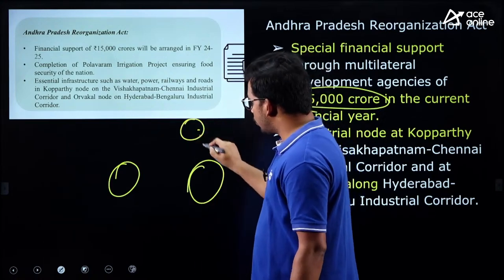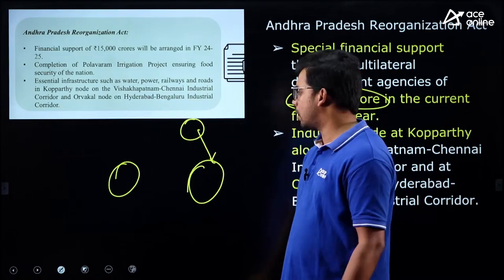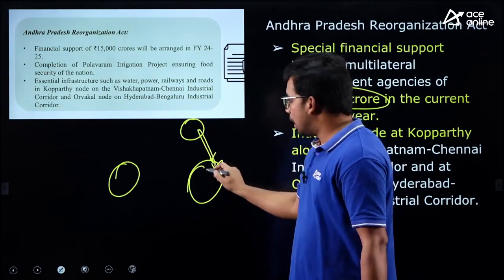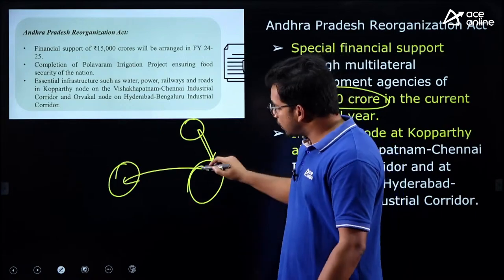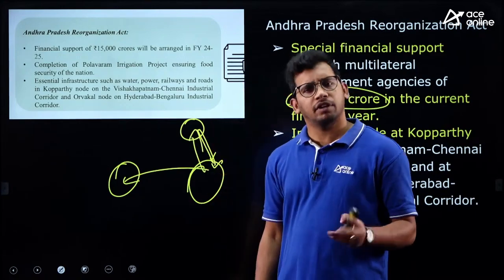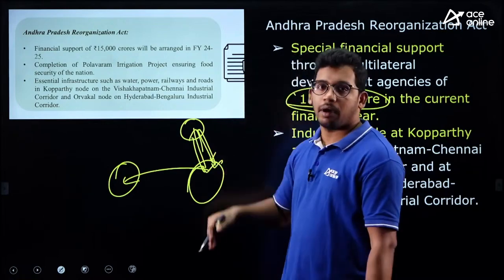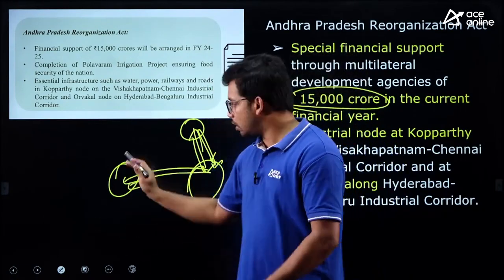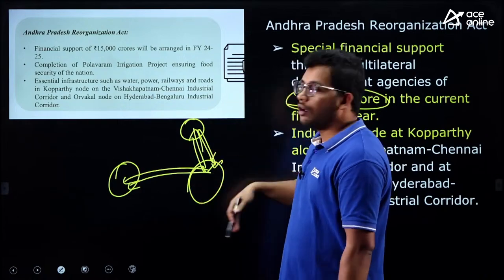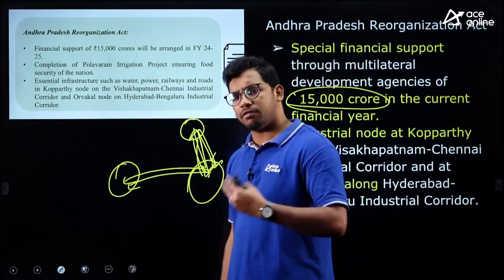They will take loans from the World Bank and many multilateral organizations like the Asian Development Bank. The Centre will take the loan and then those loans will be given to the Andhra Pradesh state, and in the end the Centre itself will pay. So there is no burden on Andhra Pradesh; they are just taking the loans from other organizations and giving it for free to Andhra Pradesh. In the end, after the term period or the maturity period, the central government will itself pay back,